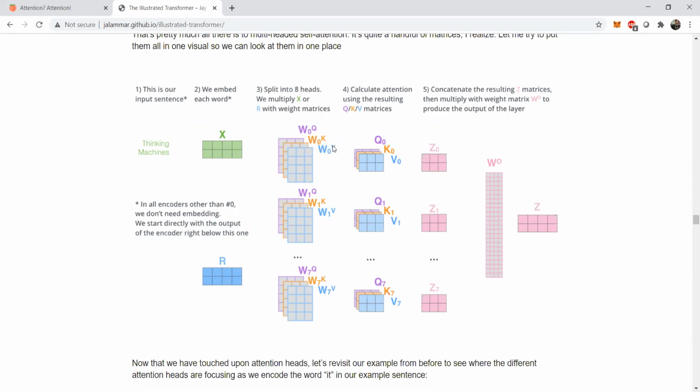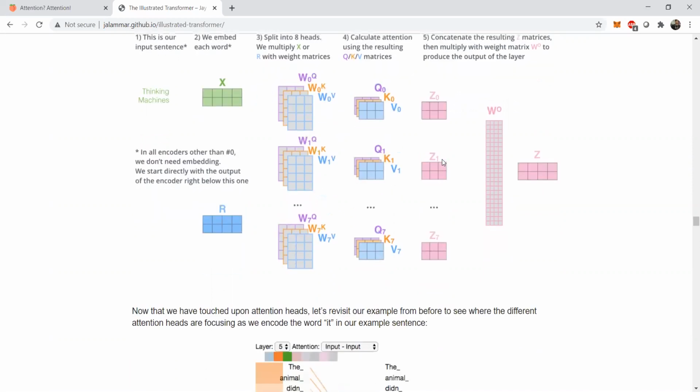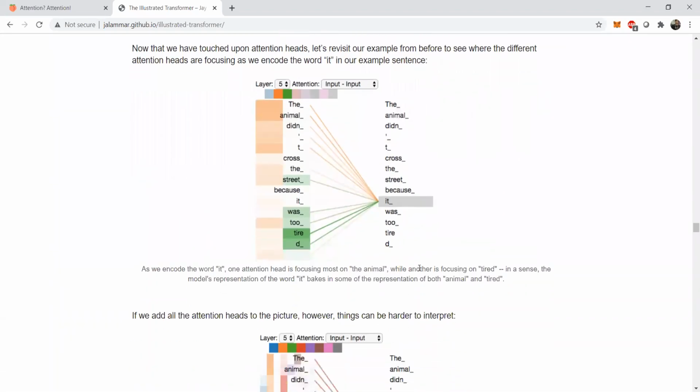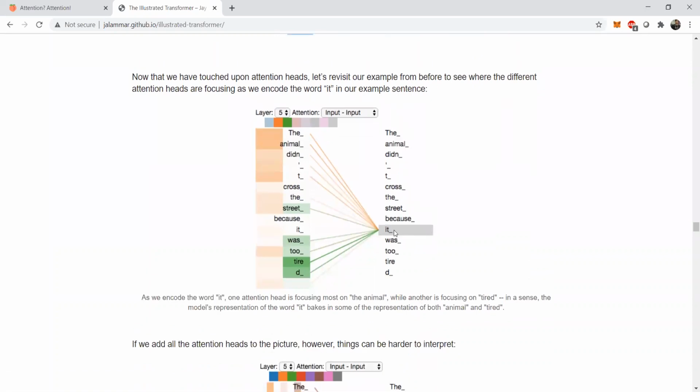This is 1, this is 2, this is 3, up till 0 to 7. That is 8 times it will be there. So you compute the Q, K, and V from 0 to 7, that is 8 times, and then you apply the scaling, that is root over 64, then you do softmax, and then you add them to get Z0 to Z7. And this is very, very important, and this is given by the picture over here. So when you see this, it gives you a very good idea how this multi-head attention is playing out.